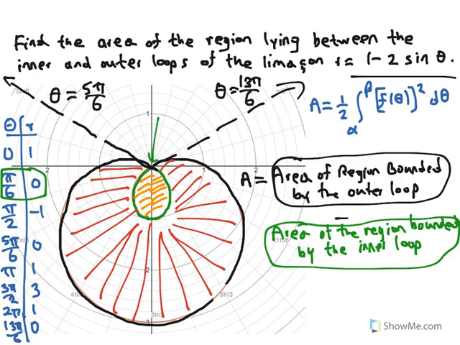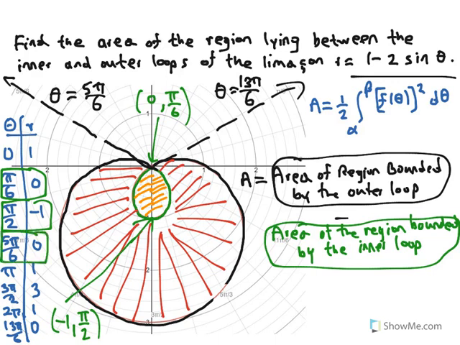You have this point at the pole with polar coordinates r, theta, where r is 0 and theta is pi over 6. And then here you have this point r, theta, where r is negative 1 and theta is pi over 2. And then you complete the inner loop when you get to theta is equal to 5 pi over 6 and